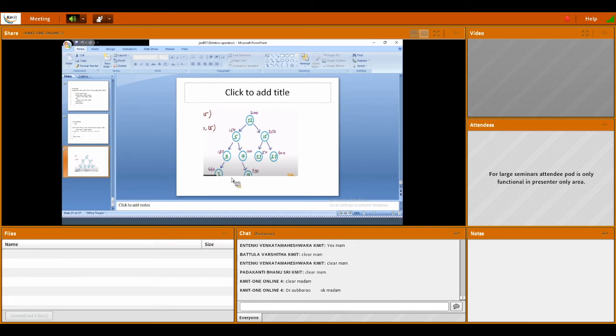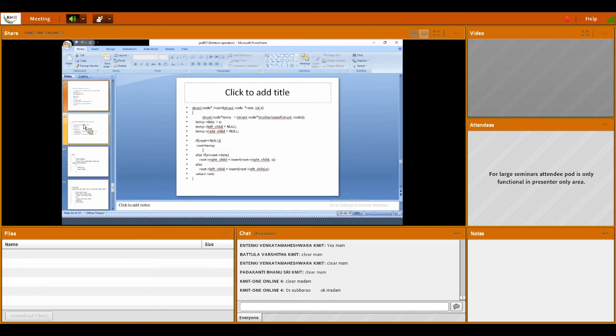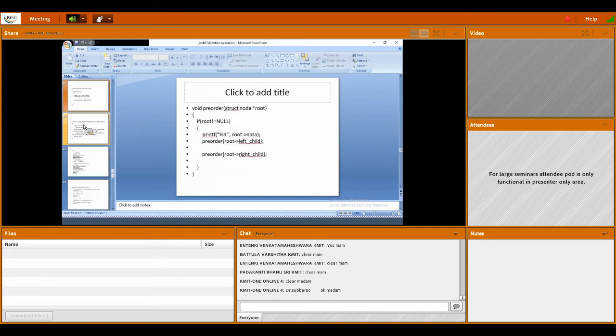First of all, if I want to delete 1, 1 is a leaf node now. Insertion is completed using the insert function, and what is the delete function? I am sending S as 1 in the main function. Root is equal to delete node of root comma S. Root node address is 200, comma S value is 1. So we will go to the delete function right now.